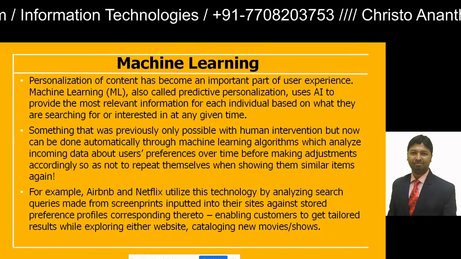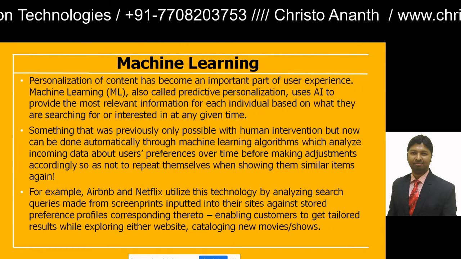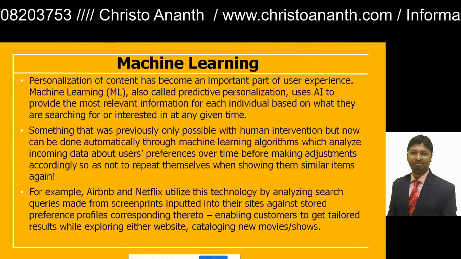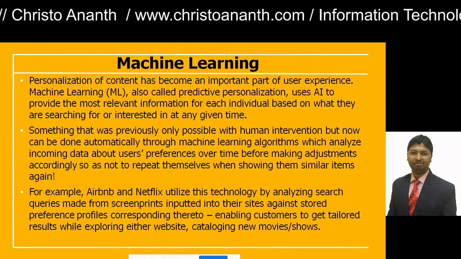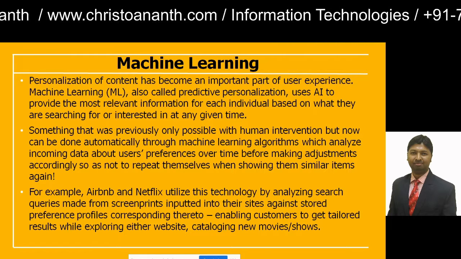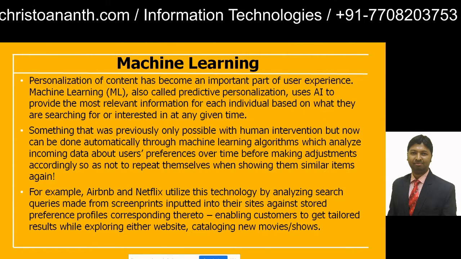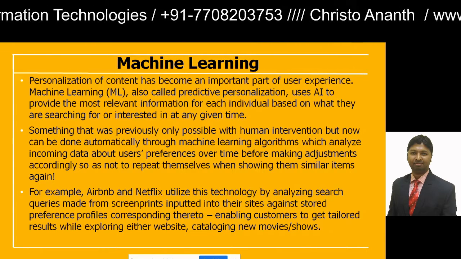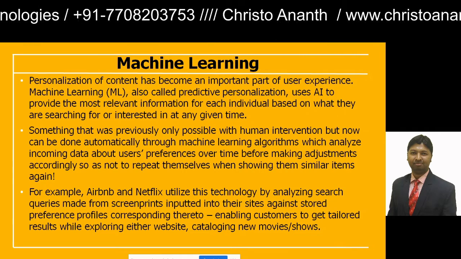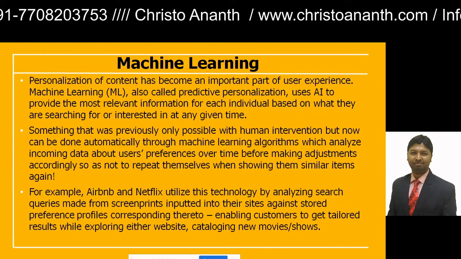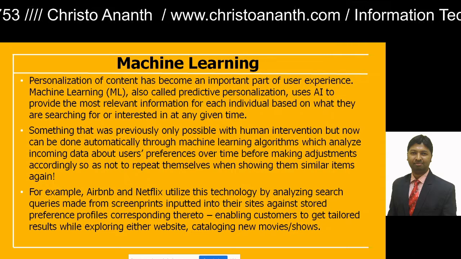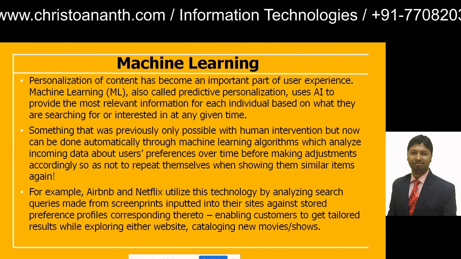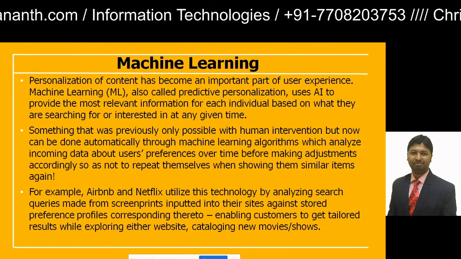Even in the case of Amazon, I'm trying to search for one particular item, like for example, a miniature cooker. Okay, a tiny cooker. I'm going to search for a tiny cooker, so I'm going to get the results. For example, let us take the case I search for a tiny fridge and a tiny washing machine. Now next time I visit the Amazon website, I'll be getting maybe a tiny cup, maybe a tiny mobile, something like that. It will be giving the search results.